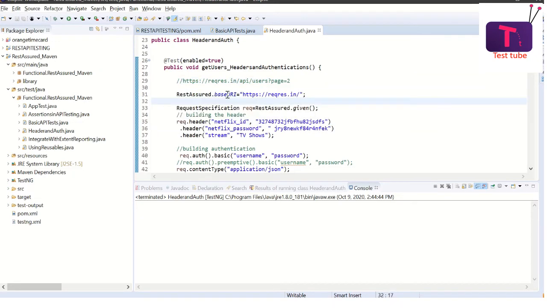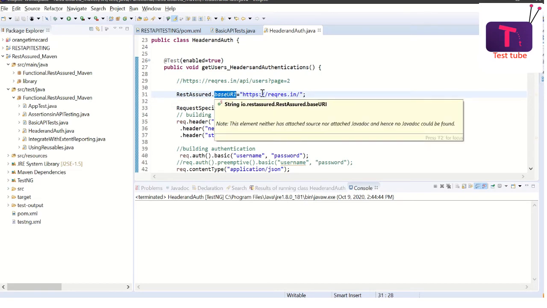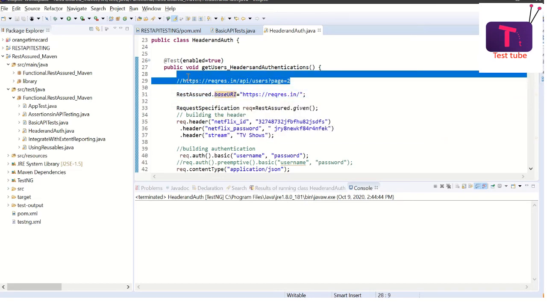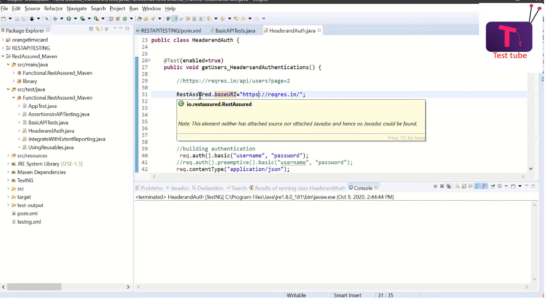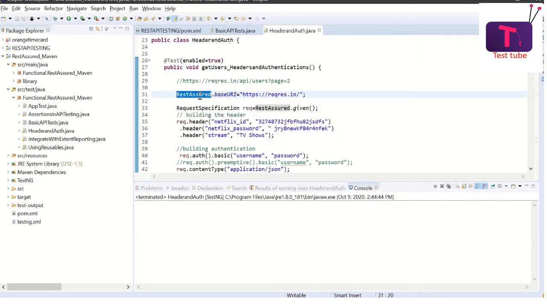I have defined the base URI of this entire API over here. We know that RestAssured is the main class we are going to use, which has access to different subclasses and methods that we can use to build our API in a sequenced, structured manner.